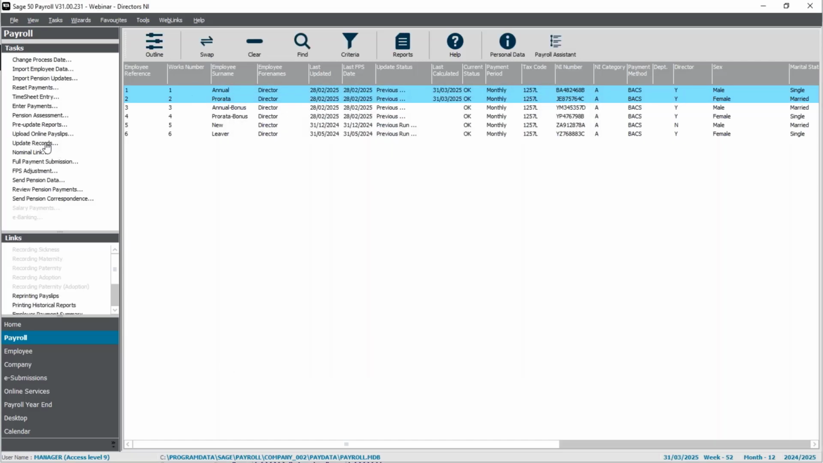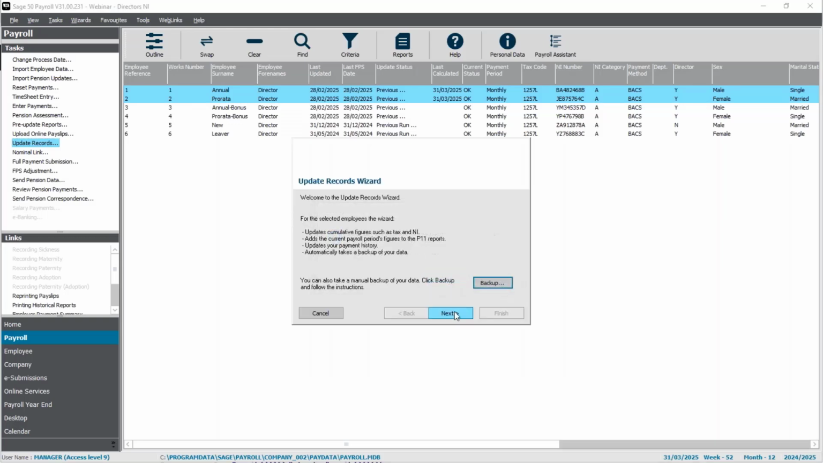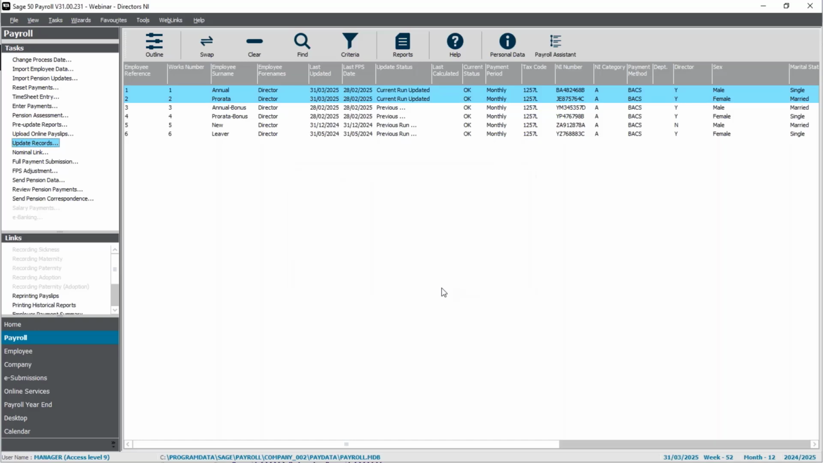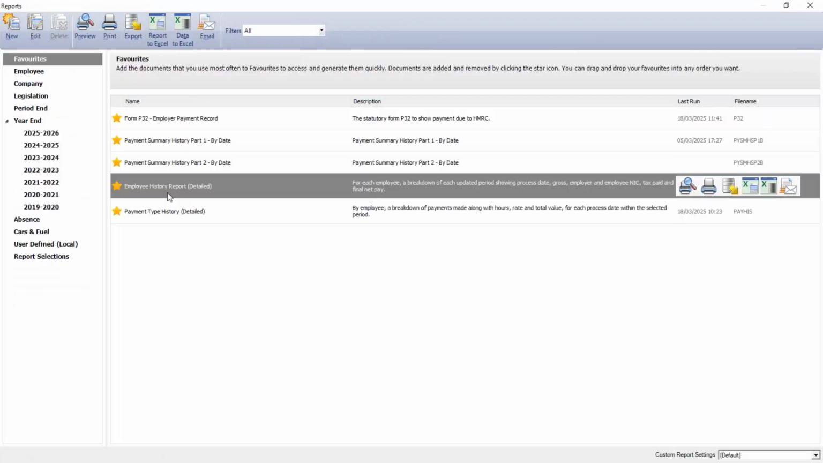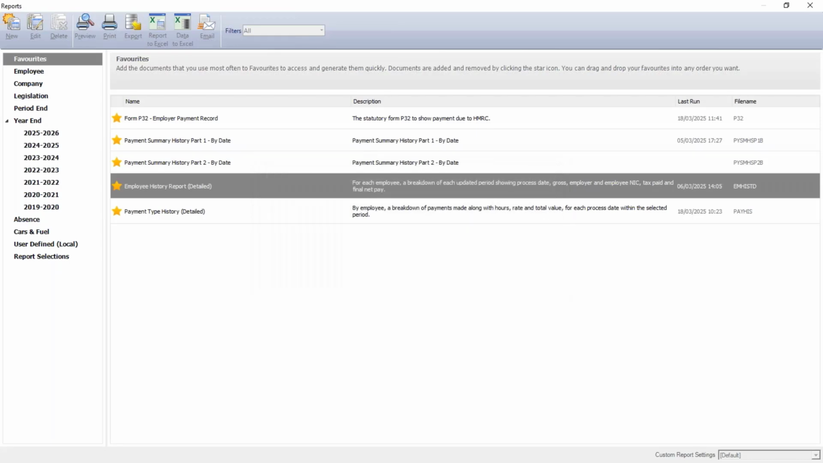Now, if I just update the records for this final period, that has now been completed. I'm just going to show you a report that will compare both of these employees. So I'm going to run the employee history report, detailed version, which you would find in the employee folder within the main reports. So this gives a good summary of gross pay, national insurance and tax. And if I run it for the full tax year,